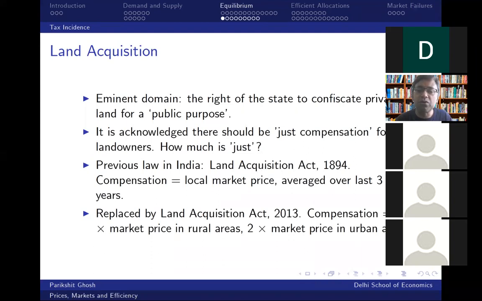All of that sounds good, except what is just compensation? How do we decide it when it comes to an actual practical case? And in India, we have had over the last 15 years several high-profile cases. One of the most famous ones is, of course, many of you will be aware that Tata company was building